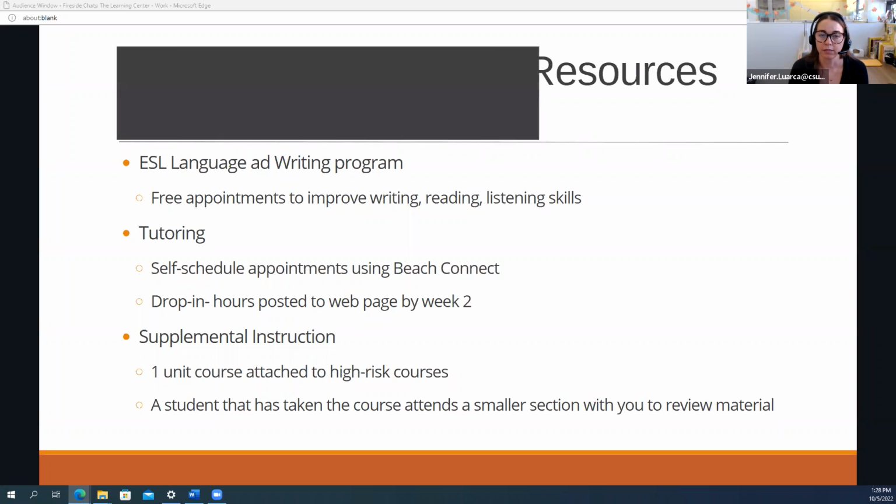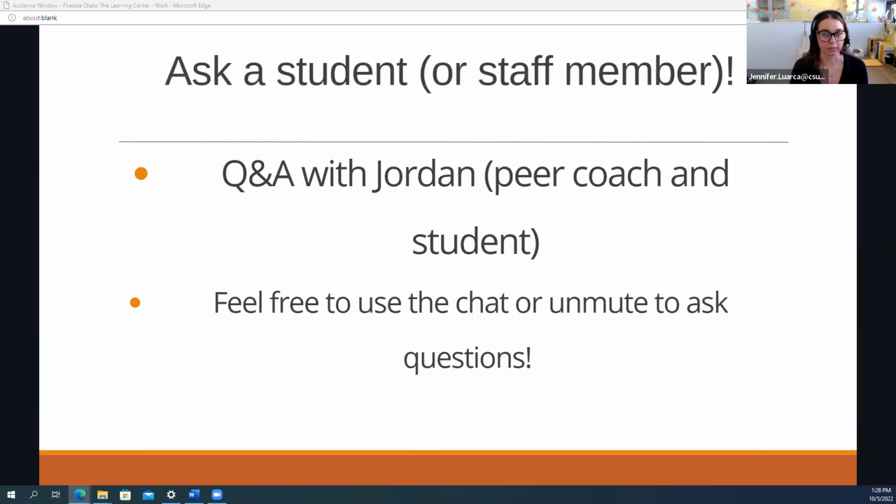And I think that might be it. So I'm going to go ahead and introduce Jordan, who's one of our academic peer coaches. And Jordan, if you want to just start out by sharing a little bit about yourself and as a student, what helps you in terms of support, especially from parents or guardians or those that aren't necessarily here. And then if you have questions, feel free to do what Cameron said. I forget what, put it in the chat or in the message board, and she'll read those out once Jordan's done. So I'll pass it to Jordan.